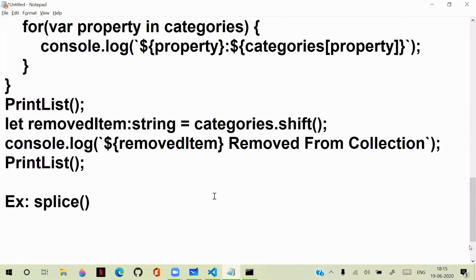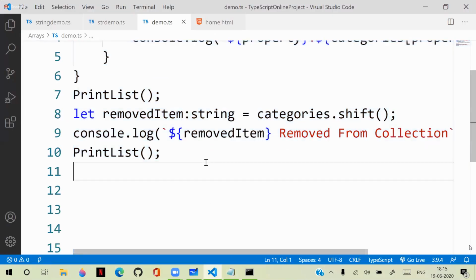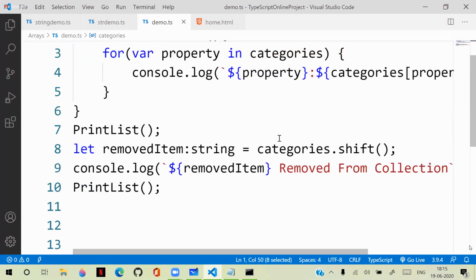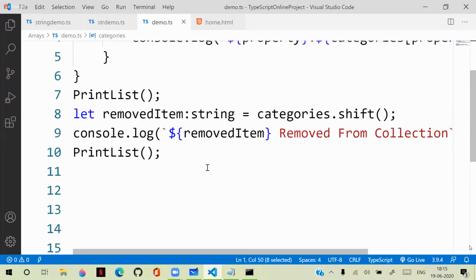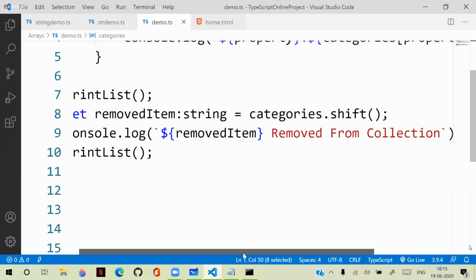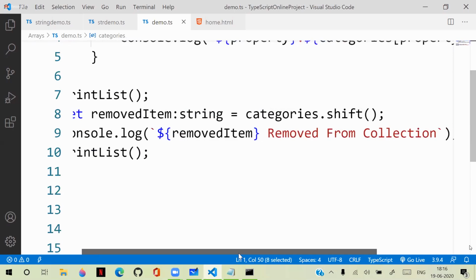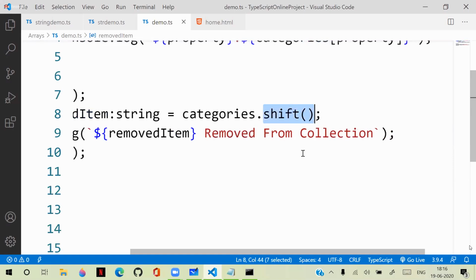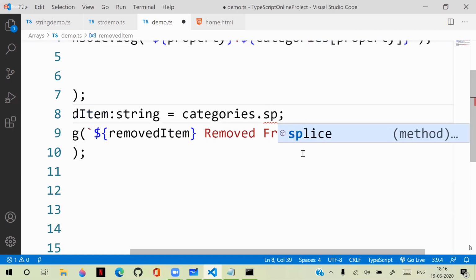Splice is used for both adding and removing. So I want to remove fashion. If I want to remove fashion, then what we can do here is, here one point is there. Splice will remove, and splice can remove multiple. That's the reason the return value of splice will be an array. That means here categories dot splice,